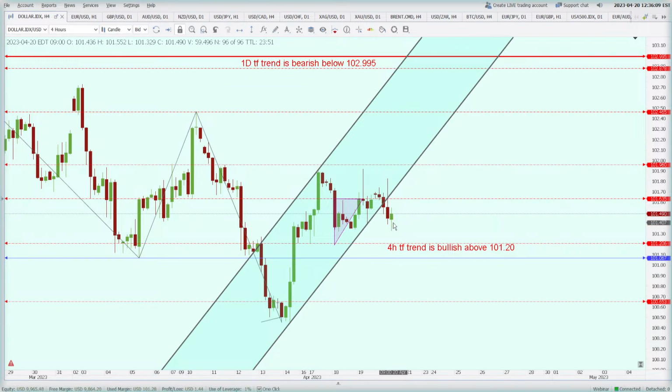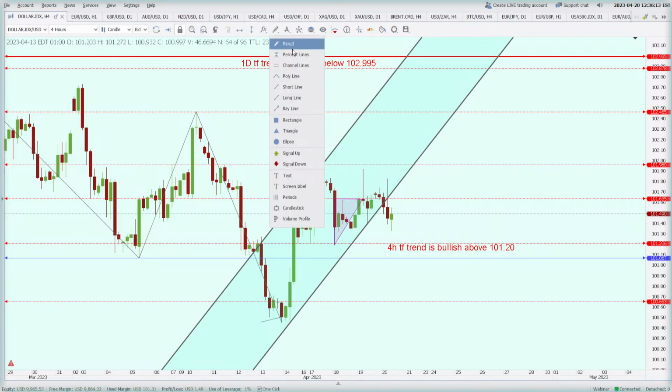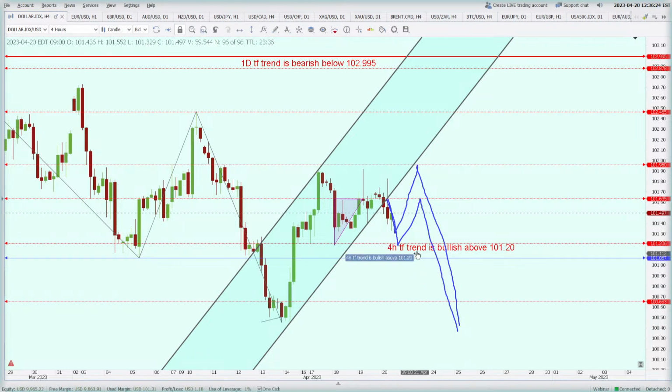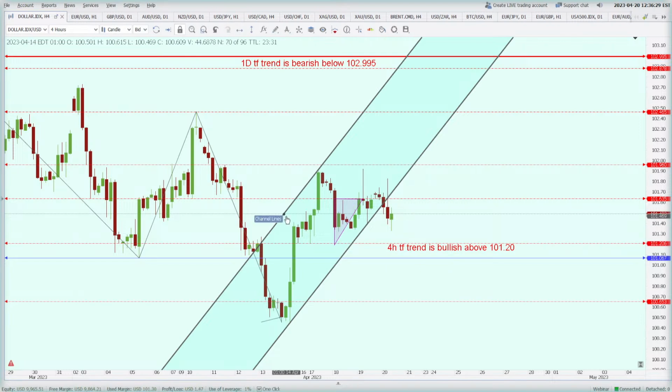So the process may continue here to 101.96, and then it can, I mean, see, this has happened, so something like this can also happen, or something like this can happen. But in any case, I'm expecting the price to go down in this market. So the key levels that you have to watch are 101.63, and on the higher side 101.96, and on the lower side we have a support at 101.20 on the 4 hour.